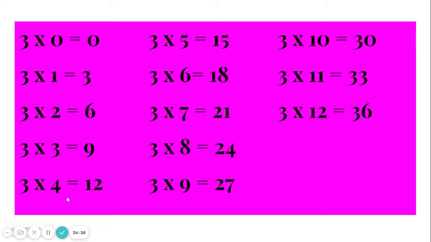All right, 3 times 4, that means you have 4 3s. What you can do is flip it around and go, I have 4 3s, which means I'll double the 3. 3 and 3 is 6, and 6 and 6 is 12, and treat it as a 4's fact. Or you can go, okay, 3 times 3 was 9. Another 3 would be 12. So 3 times 4 is 12. 3 times 5, flip it around, use that clock. 3 times 6, 3 times 7,